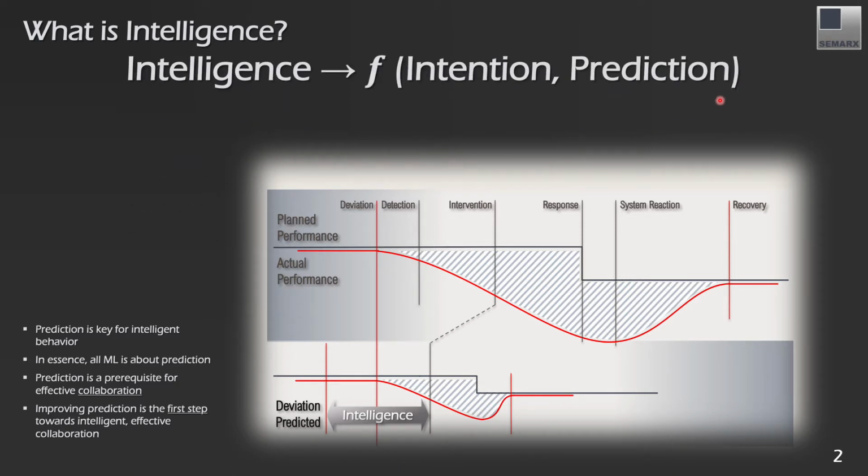We mean by intelligence the ability to have intentions and prediction. Intention is to develop goals. Prediction is monitoring how these goals are being implemented. For example, if we have a target performance and we monitor that target, at some point of time this is the actual performance, and at some point of time there's a change in the environment, in the systems, and then there's a deviation. It takes us some time to realize there is a deviation.